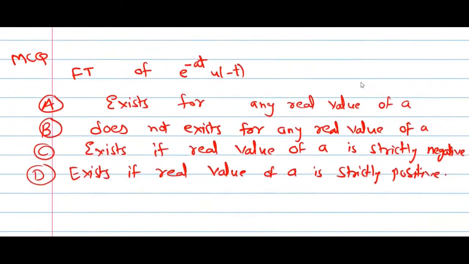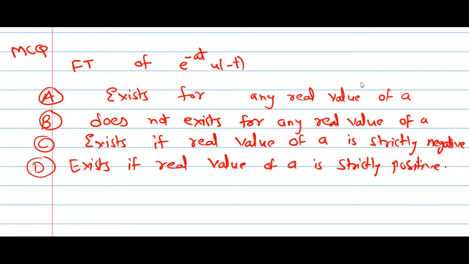Next question: Fourier transform of e raised to power minus a t u of minus t, and four options are there. Exists for real value of a, does not exist for any real value of a, exists if real value of a is strictly negative, exists if real value of a is strictly positive. So according to option C, if I take a value as strictly negative, for example a equal to